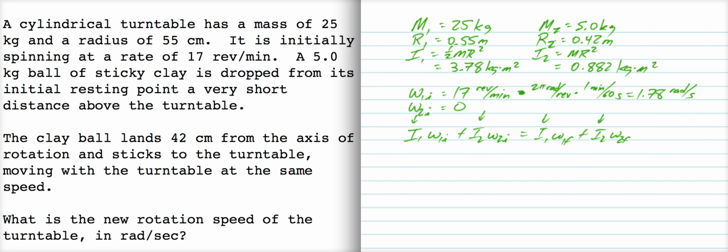Now, if this had been a problem where, for example, you've got a kid on a merry-go-round and the kid walks in or out, something like that, then the I would have to change and you would have to deal with that. But here, the moment of inertia is constant for the turntable and for the clay ball throughout the problem. In addition, we're told that the clay ball, after it lands on the turntable, moves with the same speed as the turntable, which means I can further simplify this in that